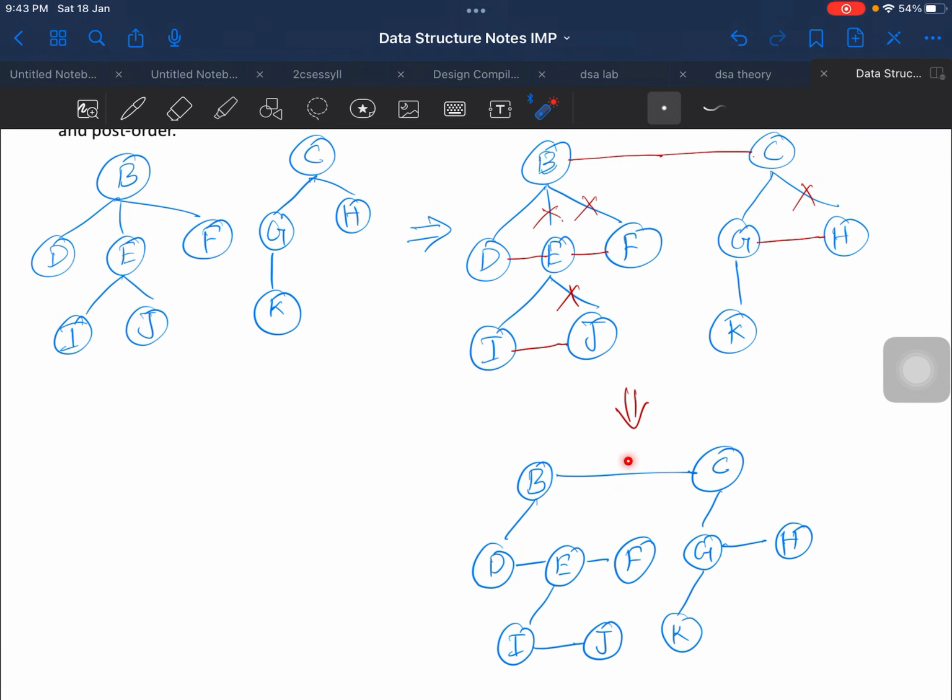See, this is my newly added node. This is a newly added edge, this is a newly added edge, this is a newly added edge, and this is a newly added edge. I will mark these newly added edges with red color. So the next stage, what I have to do,